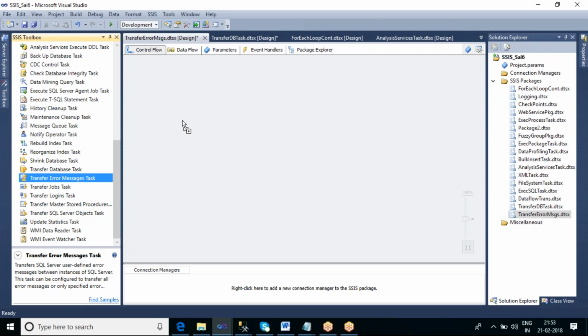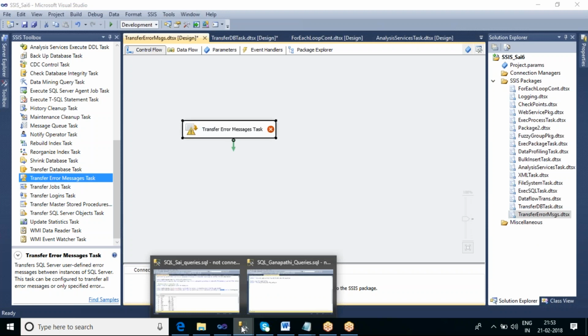So what is this transfer error messages? Suppose when you are transferring the database, we are able